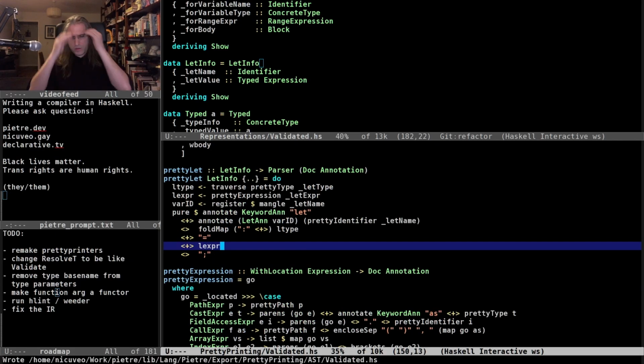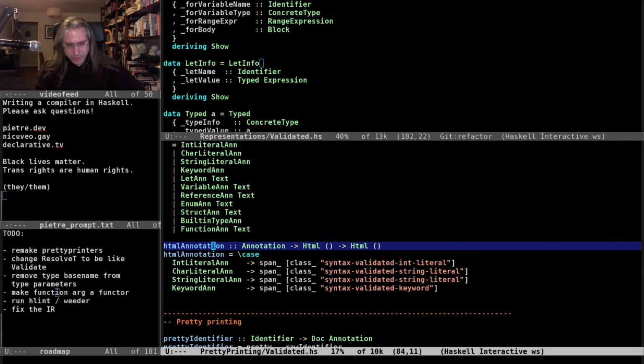Okay. I think after that, we have only to do the prettifier for the expressions. Then we do the prettifier for the struct declarations, enum declarations as well, excuse me. As we already have, I think, from last time.